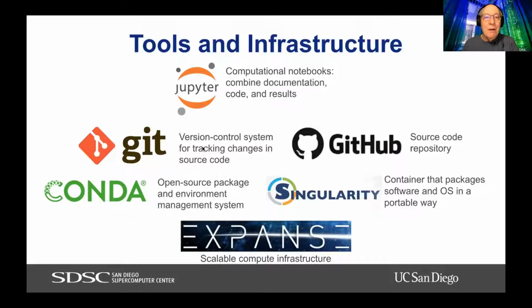So that definitely helps with reproducibility. Then you need version control, for example, Git and GitHub as a repository for your code to share your code and version it. And then today I will talk more about how to create a reproducible environment on your computer or on Expanse. And there are two major ways of doing it. One is using Conda, which is an open source package. You may have used that to install software, but it's also an environment management system. And then on the more sophisticated side, there are Singularity containers that you can run on Expanse. And then finally, now we have Expanse, the hardware to run it on.